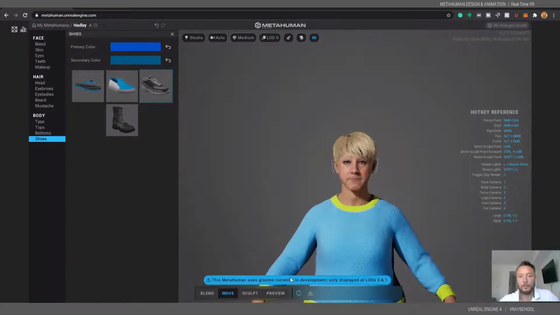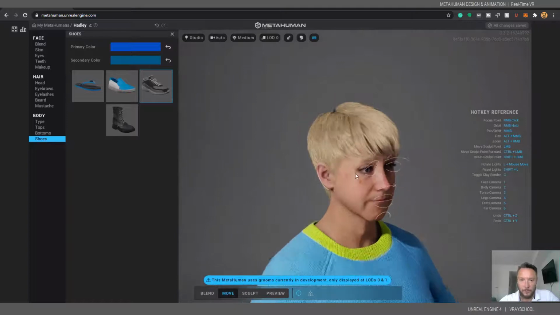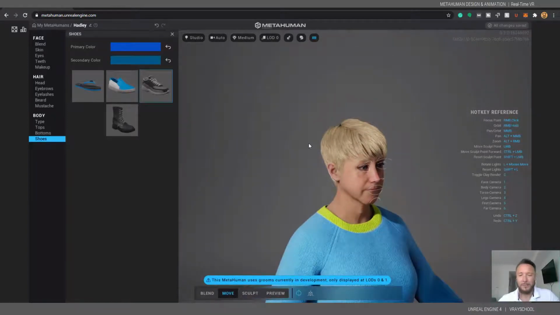We're just getting this message that only LODs 0 and 1 will be displayed, since this is really good quality, so everything with lower quality won't be. Maybe it's related to my graphic card, I'm not sure. But once this thing is done, I can actually close it. I'm not gonna close it, but let me go and check my